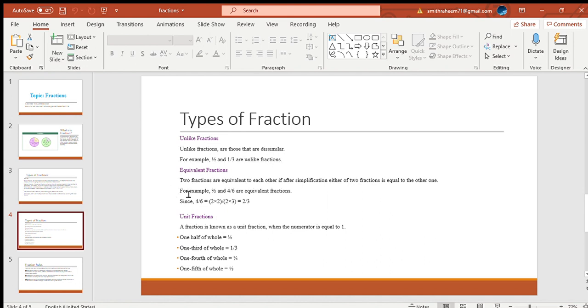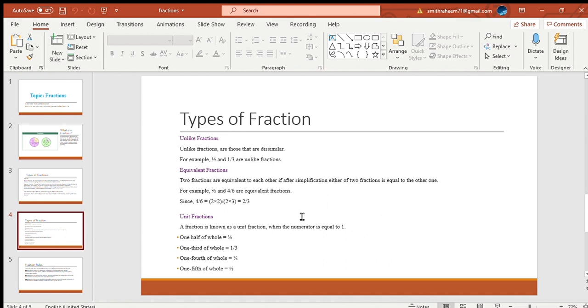Two fractions are equivalent to each other if after simplification either of the two fractions is equal to the other one. For example, 2/3 and 4/6 are equivalent fractions, because when you reduce the 4/6, you'll get 2/3, and to reduce that, you divide the numerator and the denominator by 2. Alright,